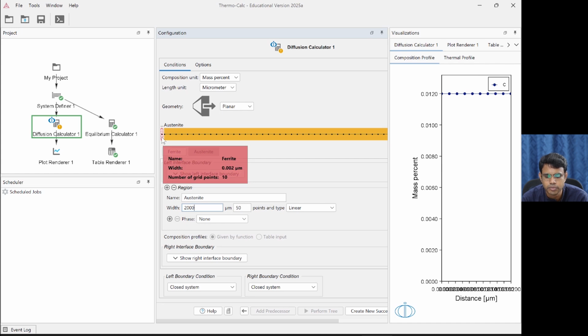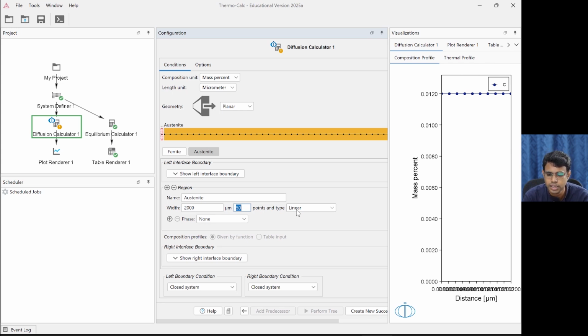Now in ferrite we have set a flat composition profile, and the points of calculation are also linearly spaced. That's how we set up, and only 10 points of calculation we have set up. But in the austenite phase, if we keep these 50 points, that's all right. But if the points are linearly spaced, it's a problem, because we know what happens to the composition profile. The austenite goes to the equilibrium composition near the interface to ferrite, and from there it drops down to 0.15, and with respect to time, that 0.15 will be slowly lifted up to the equilibrium composition. But near the interface, there is a drastic change in composition profile. So more calculation points should be accumulated there.